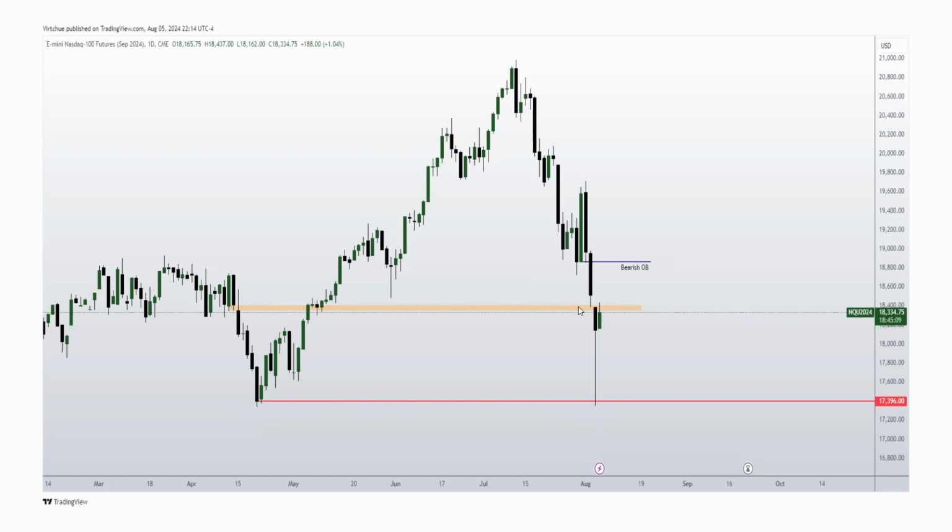Is it now going to be bullish? It's, in my opinion, a 50-50 market at the moment. I do want to see NAS trade higher, and Leo will get into more of that reasoning later, but I do want to see NAS trade higher, reaching up into this bearish order block. For the daily time frame, this is kind of what I'm looking at right now. I'm not saying it's going to go higher forever, of course. I do think the short-term target would be a little bit higher on NAS.